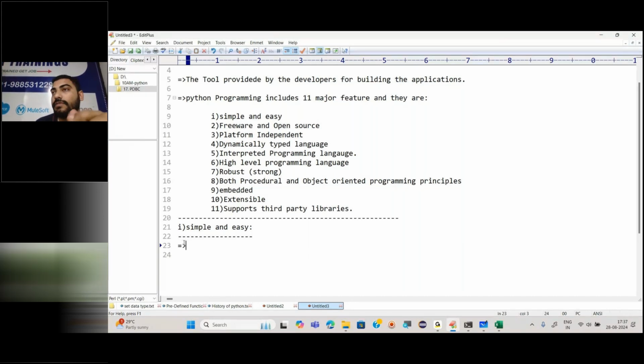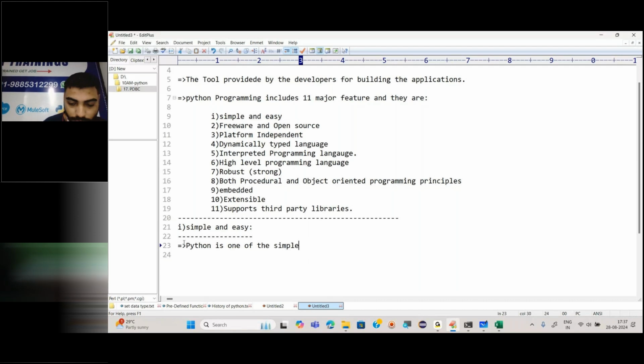First is module. It has a rich set of API. Python is one of the simplest programming languages for three main reasons.